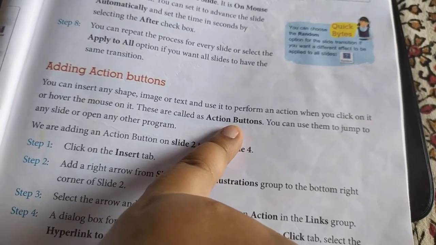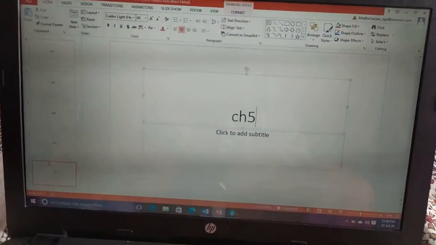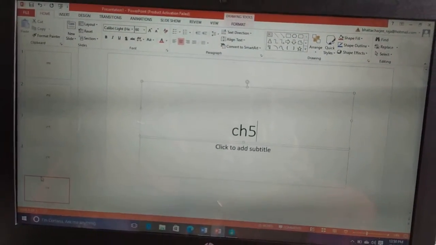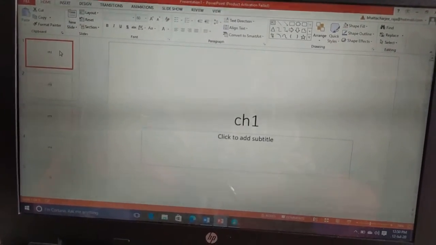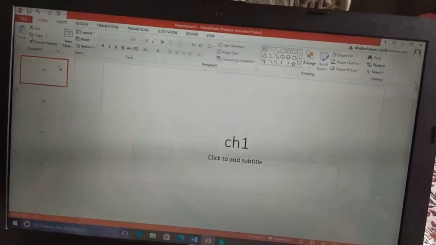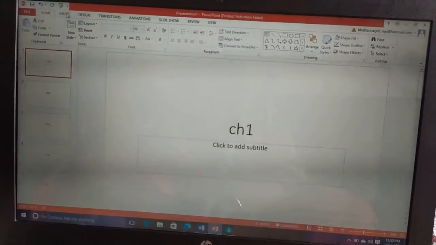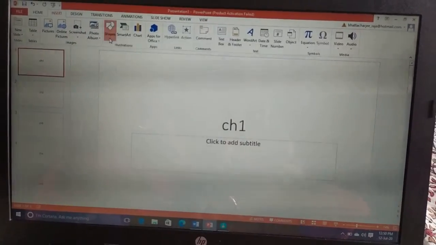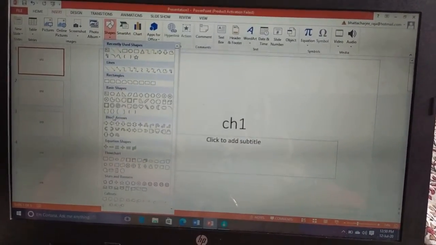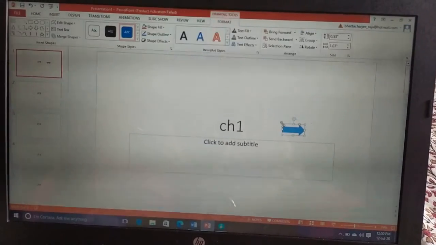So let us see how the action button works. Now this is the presentation I have already made. 5 slides are there. Click on the first slide, then go to the Insert tab. From the shapes, insert an arrow. Insert it over here.